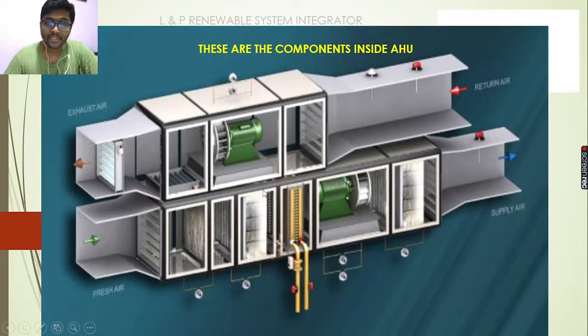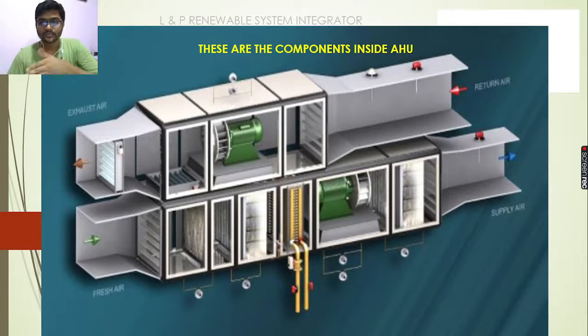Apart from it, in order to make it energy efficient, we have a recirculating duct present between the return air duct and the supply air duct. This will always be in the open condition, because whatever air flows from the return line is already cooled, having served a particular area for a particular time, and is coming back. So we are recirculating it through the recirculating duct and making the air as useful as we can. So this is a basic idea about the AHUs.